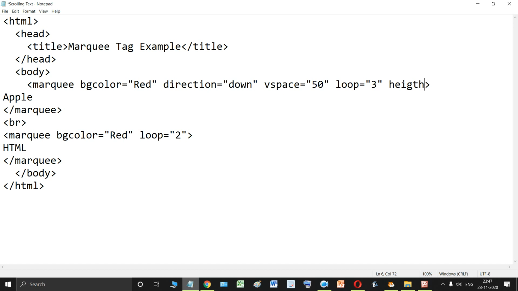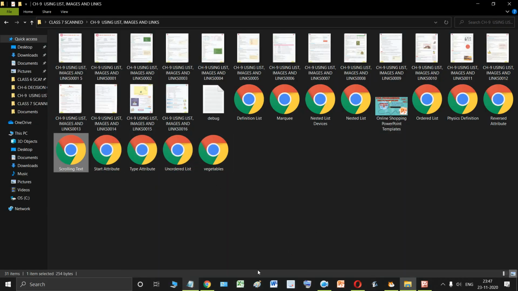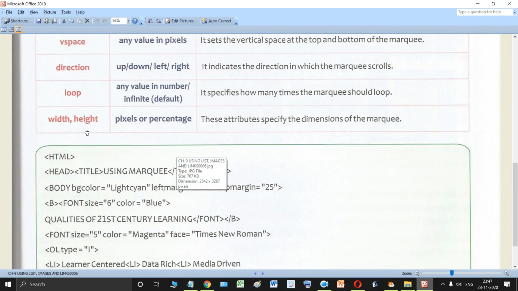First I'll change the height. Height equal to, suppose I'll give 100, and I'll save it. I think I have done some mistake.